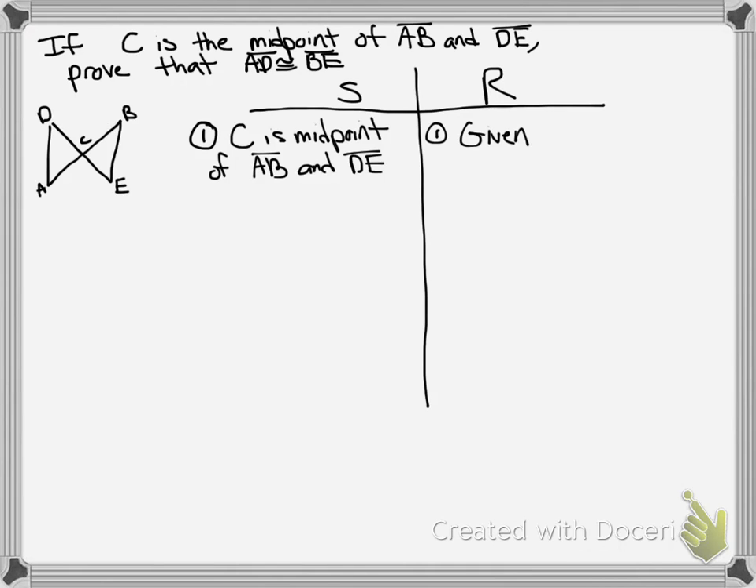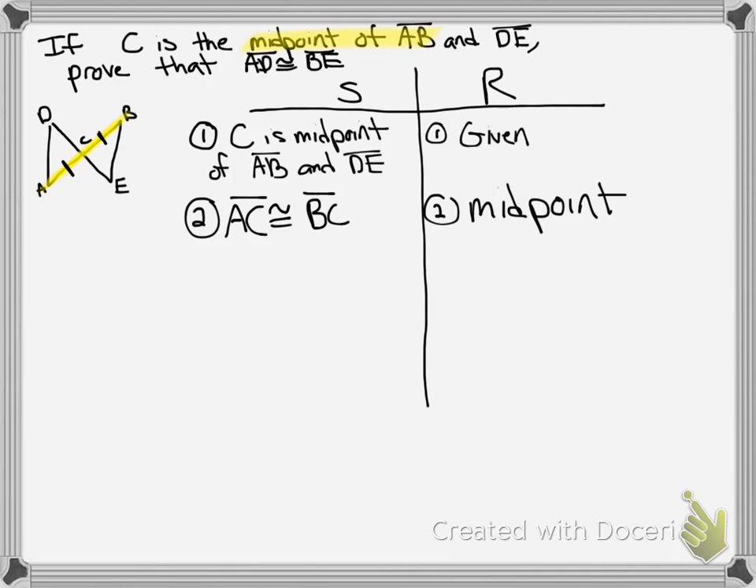Now we want to look at what the given is. It says C is the midpoint of AB. So here's AB. If it's the midpoint, then I know this half equals this half. So statement 2, segment AC is congruent to segment BC because of the word midpoint. This one happens to use midpoint twice. So now I can do,